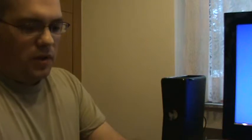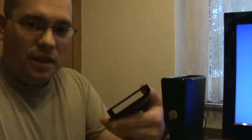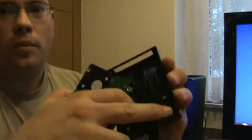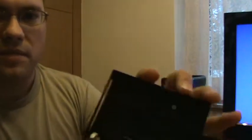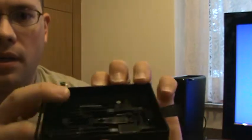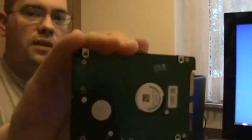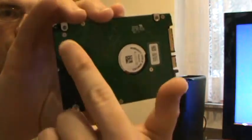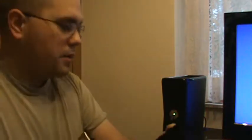Alright, cool. Well, how do we use this crazy thing? It's too easy. Got a big old gap there on the front, and you've got 4 plastic posts. I don't know if they're going to show up on the camera or not because it's being tricky. But anyway, you've got 4 plastic posts, one here, and then on the other side one here, and they all line up with your screw points, which are 1, 2, 3, 4 on the hard drive respectively,